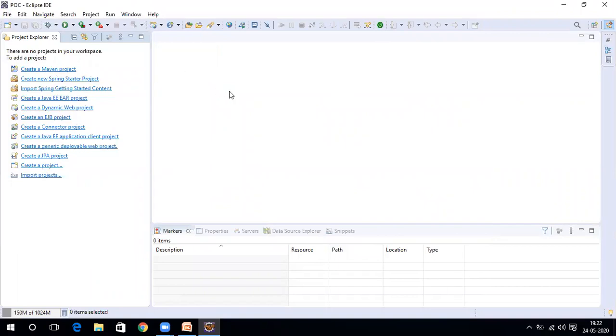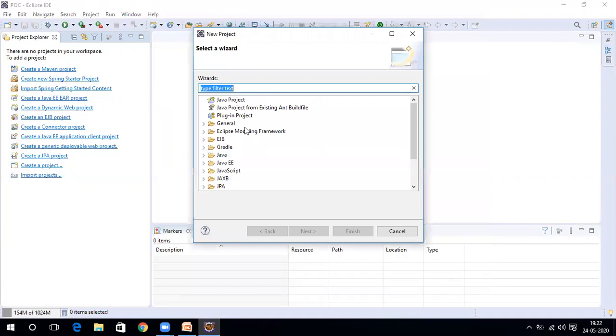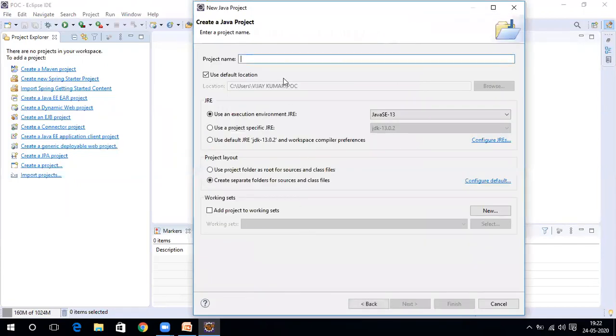Okay, and then we will go back to the creation of a new project. Create a new Java project and then click on next. For the project name, what we will keep is simple: demo. Okay, project name is demo. And if you see this, identify this one. Using an execution environment, Java SE 13 environment, the default one is this one, and create a separate folder source. Yes, it is required. And then click on next, nothing to do here.